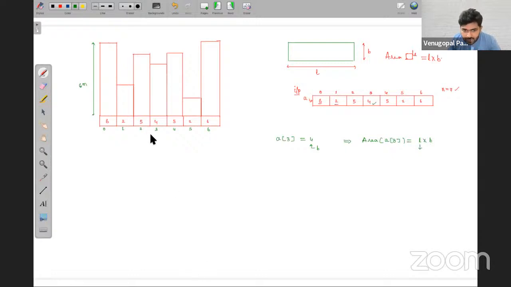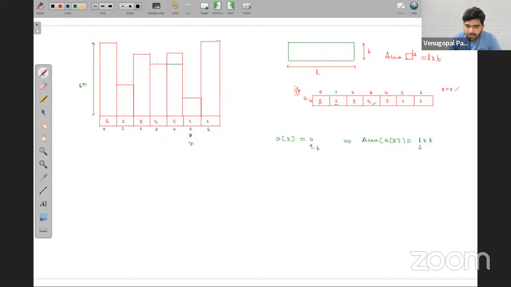To find that length, what you need to do is, for this element, go right side as long as you want till you find an element that is smaller than this. From here, I am going to its right side as long as I want, but you have to stop if you find an element that is smaller than this. Now, this element is 4. On the right hand side, I found an element which is smaller than this.